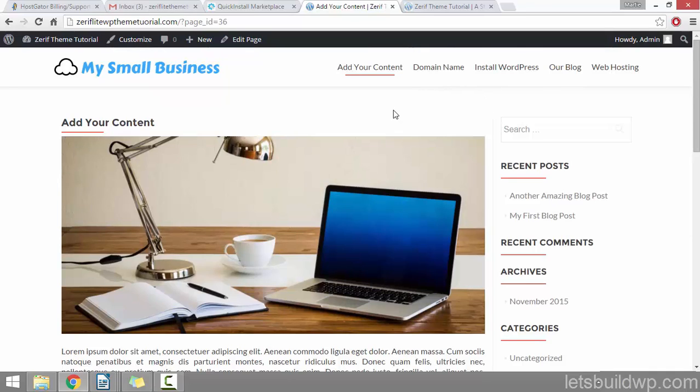And before we link them to our home page, we just need to quickly update what are known as our website's permalinks. And permalinks are basically referring to how your pages and posts show up in your website's URL. So if you look here after my website name.com, it says slash and then there's this random coding that says page ID 36. To change this, so instead of page ID 36, it says add your content, we need to